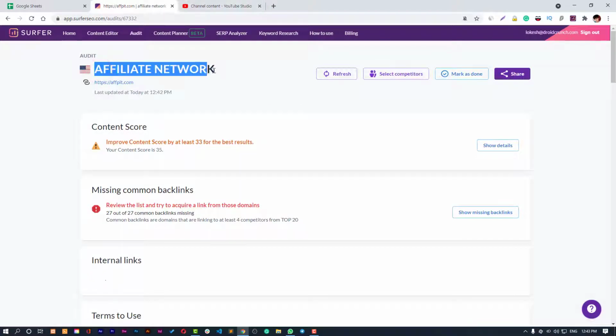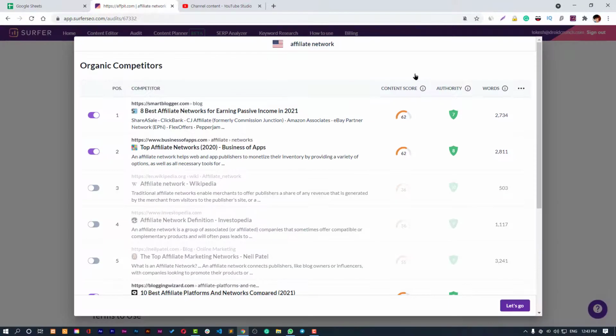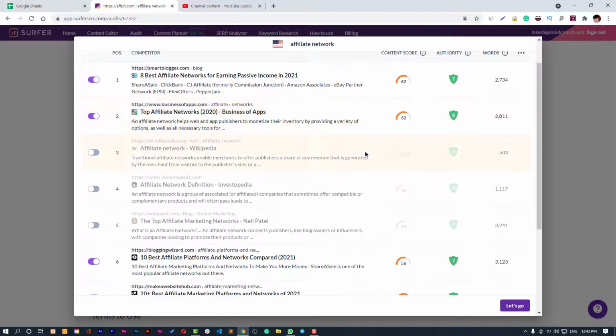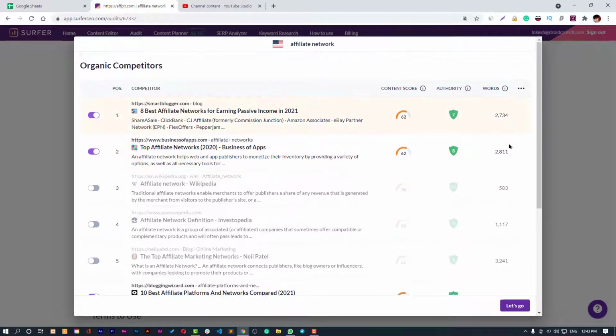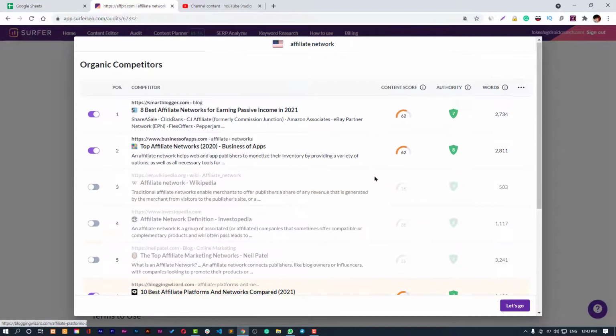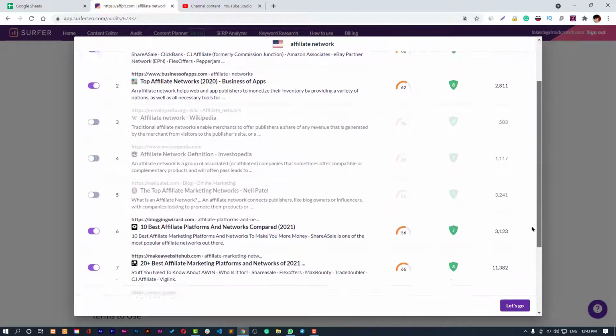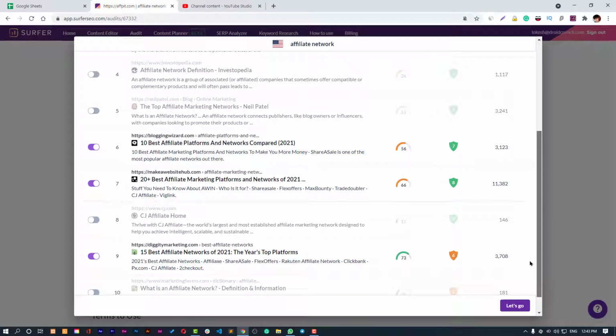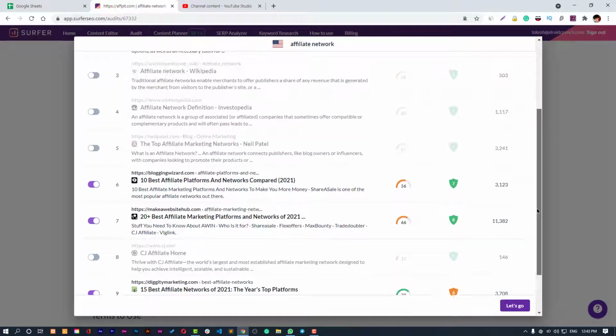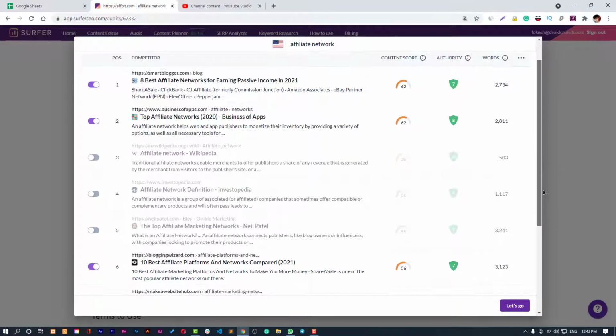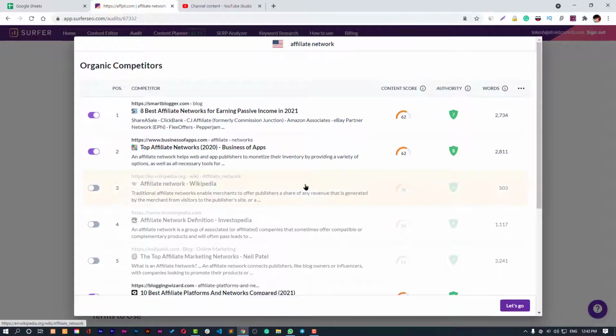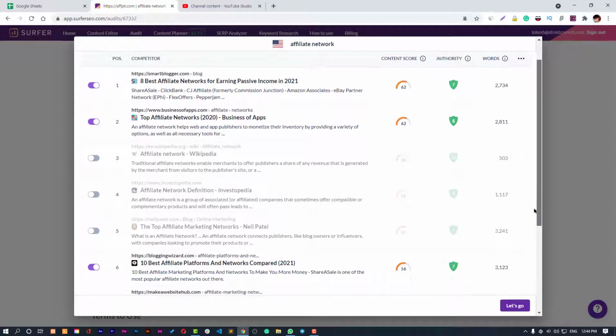So here's our keyword and the domain, and here are the competitors it is showing us. You can choose the competitors based on the content score, authority, and word count they have on this page. If you have an e-commerce website, then you will probably not be looking for competitors with content-based pages; you will choose the websites with shopping, WooCommerce, and cart data.